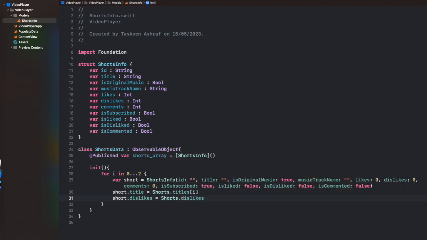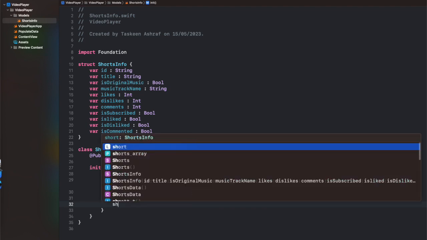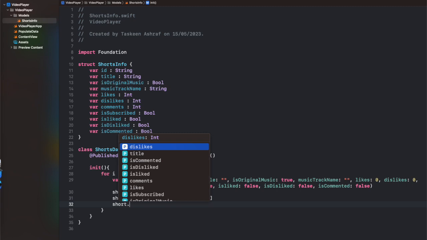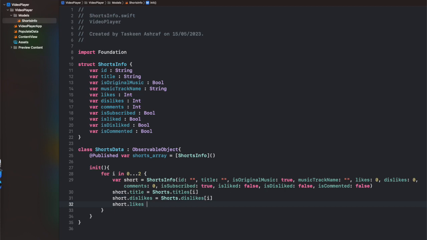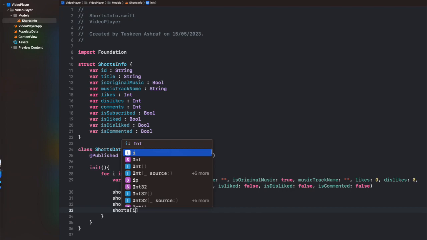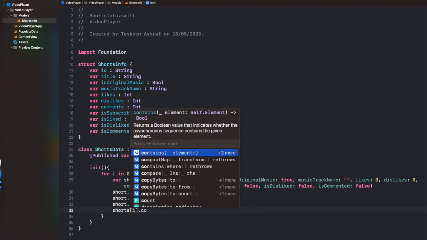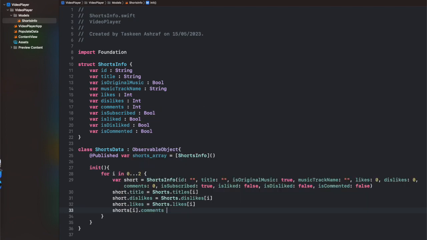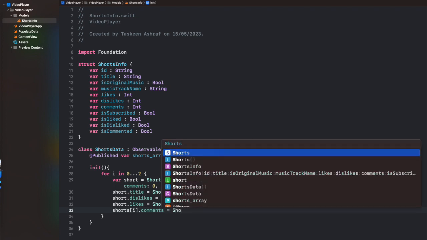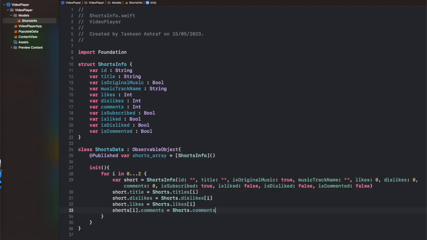So after creating a struct, we are going to create a class with the name of shorts data, which is basically an extension of observable object. It is going to create a shorts array of the type shorts info, which will contain 3 elements for the 3 videos. So first, in the for loop, I have created a local variable short with some default values, default constructor. After that, I have populated all the values from the shorts struct inside the populate data file, and picked all of these values, added it to my local variable short, and I have then appended that variable into the